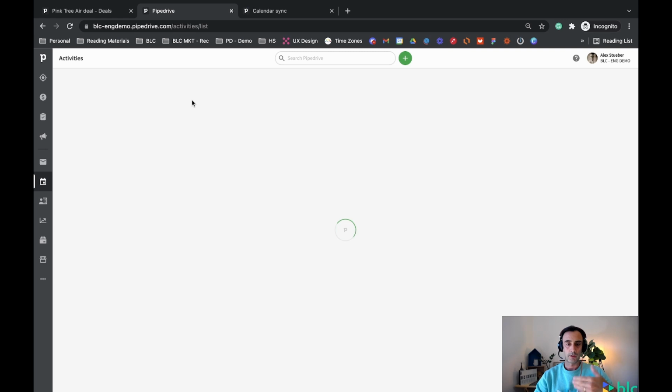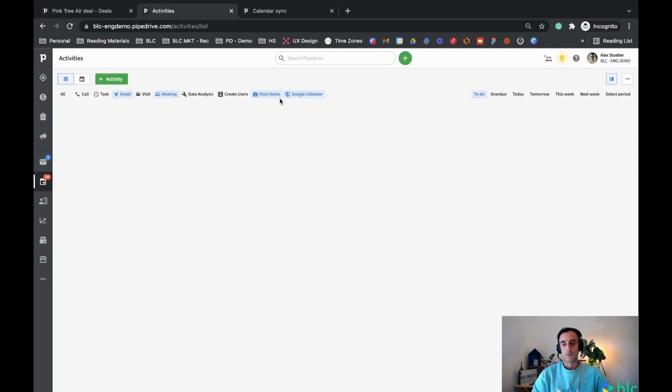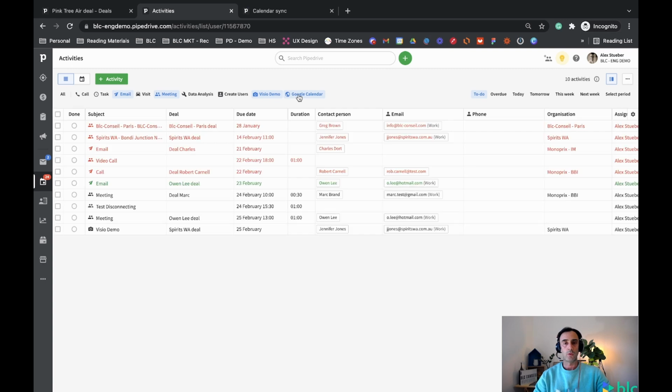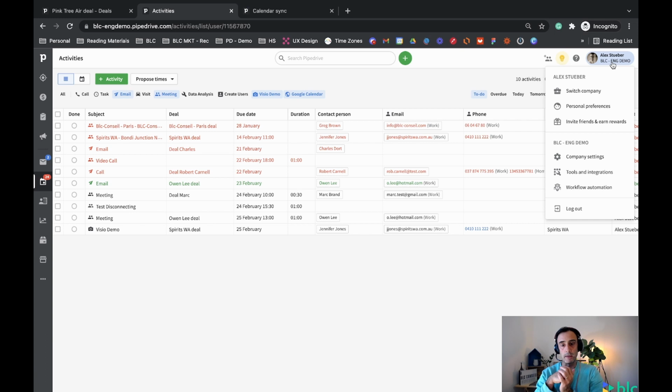So if I wanted to create an activity, if I wanted to do something inside of my deals, I can then use that activity type right there. So here we go. Okay, now we also have the Google Calendar that's right here. And why I'm using this Google Calendar, it's because in Pipedrive, if we're going to synchronize our calendars, okay,